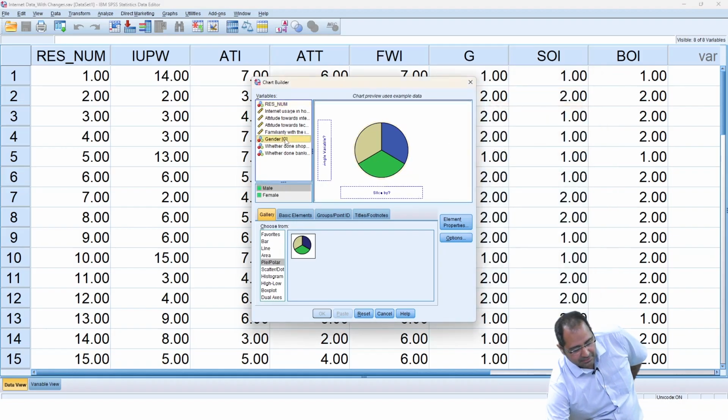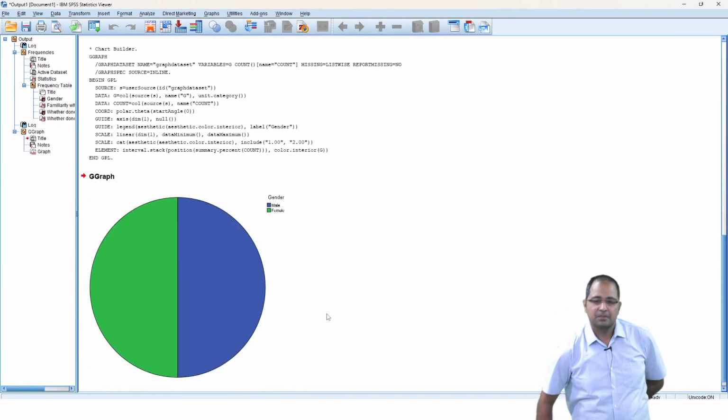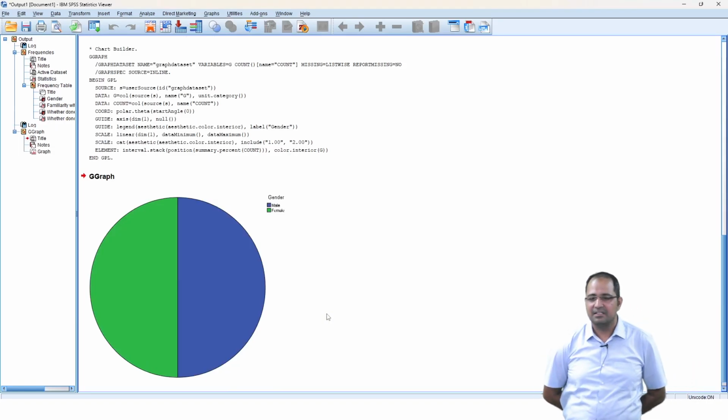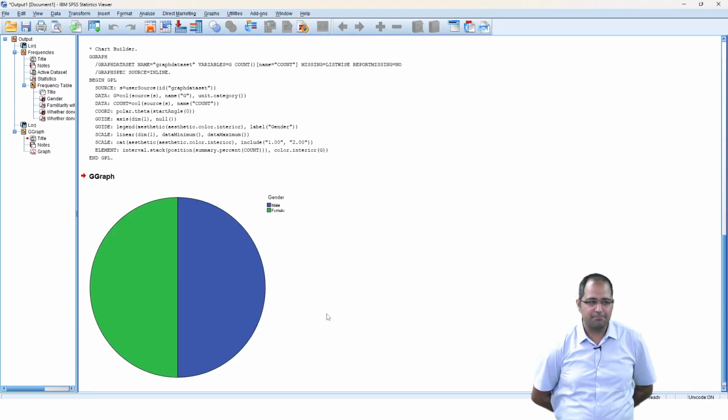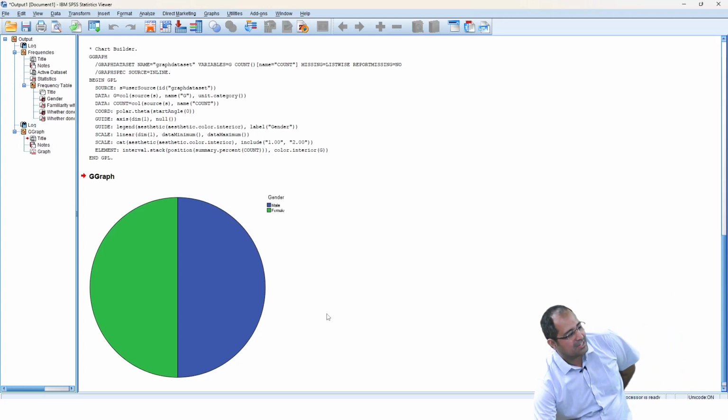And we had three variables including gender. So first let's draw for gender. If you click OK, you are able to see that both are equal, 50% of whatever data numbers are there. How can you know the frequency of male and female? Just double click it